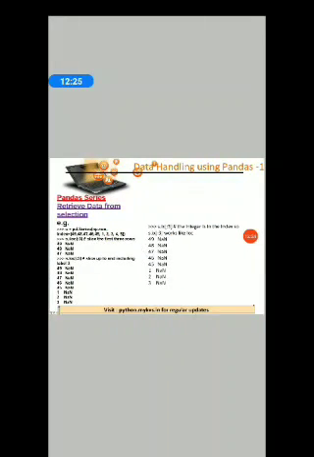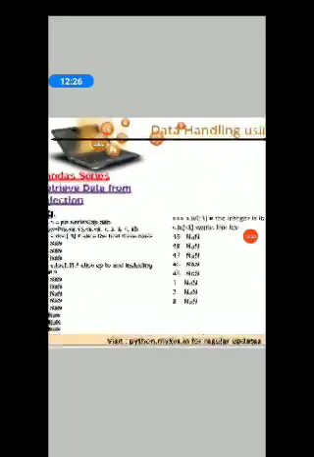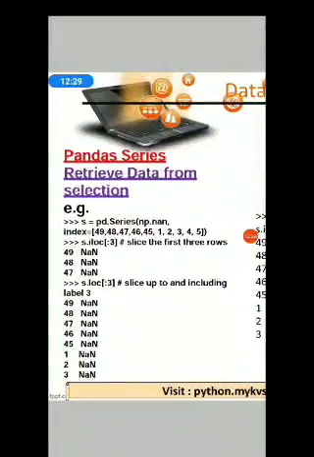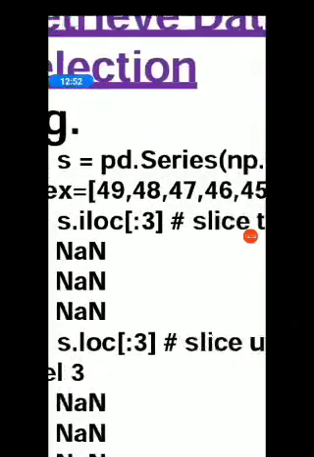Let us see the programs. Retrieve data from selection. First, create a series. np.nan, index location x, index location will be 49, 48, 47, 46, 45, 1, 2, 3, 4, 5. Okay, and I am calling s.iloc[:3].